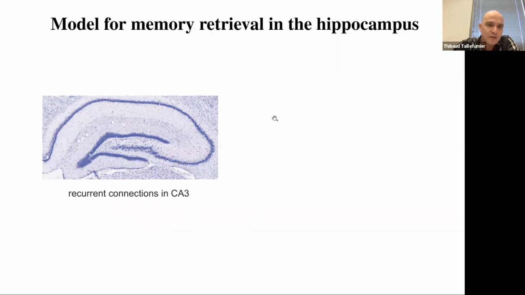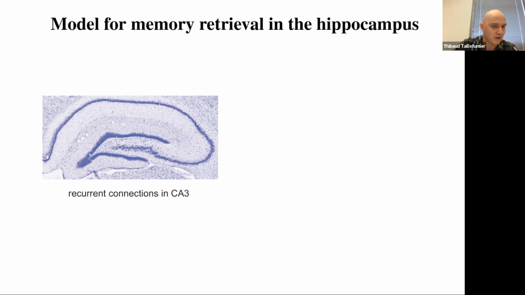We've known for a long time that the hippocampus presumably has something to do with memory. And if we're interested in understanding or modeling how memory may be encoded, well, we have to make a model. People have observed that in a certain region of the hippocampus, CA3,